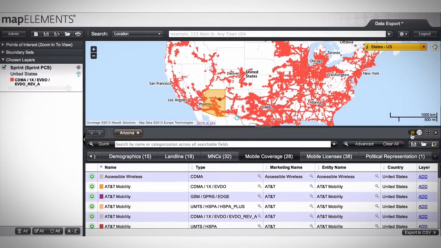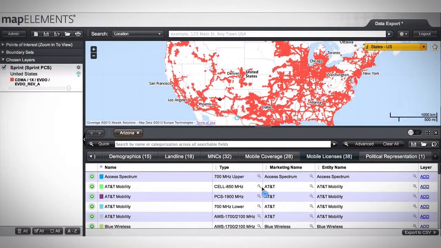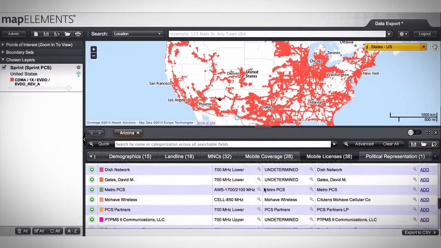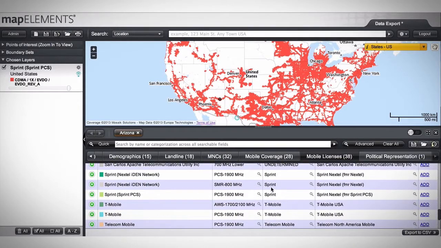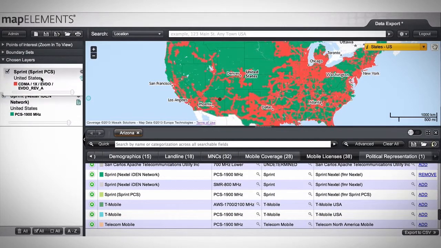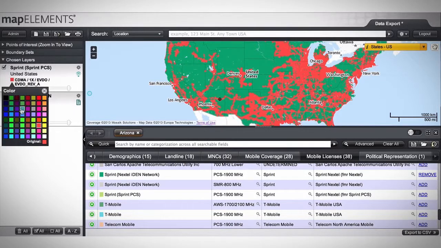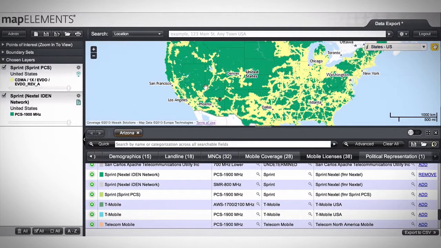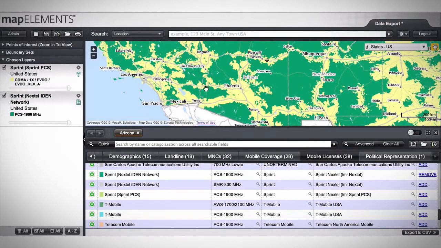I'm going to go ahead and check out the license information within the state of Arizona as well. So I'm going to add the Sprint 1900 megahertz footprints, which as you can see are nearly the entire country. And I'm going to change the color here to be a little bit more representative of the Sprint branding. I now have their coverage overlaid, their spectrum footprint,